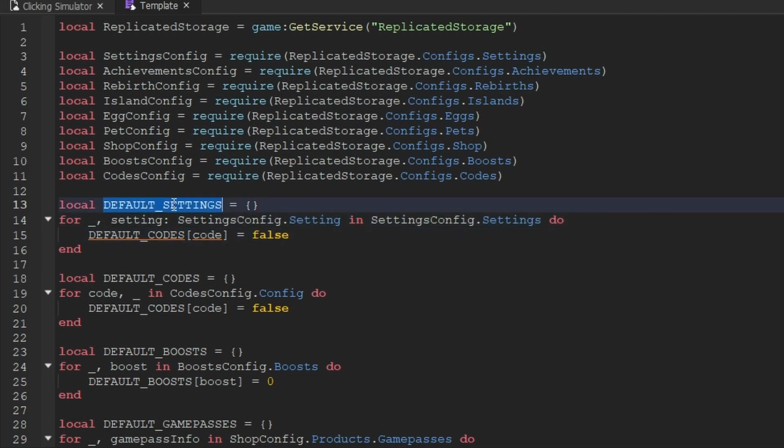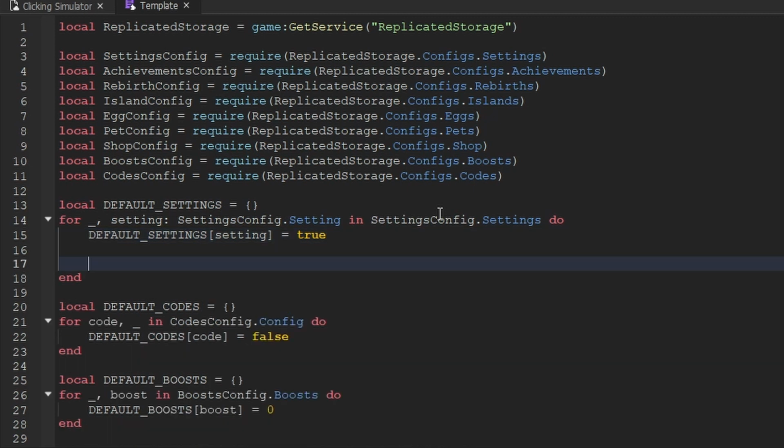And now that we've done that, we're going to go ahead and of course update the default settings table with the specific setting. And now you can determine if you want most of your settings to be toggled on or off by default. Now, I'd say it's more likely than not that you probably want most of your settings to be toggled on. So we're going to set them equal to true by default. But if we want to select few to be disabled, we could easily do that as well.